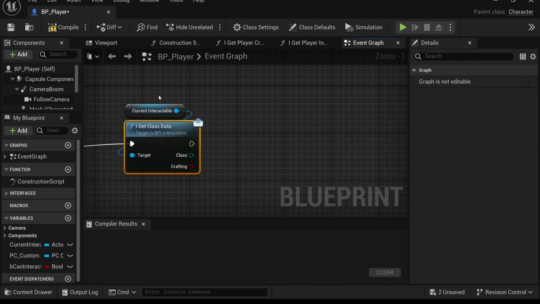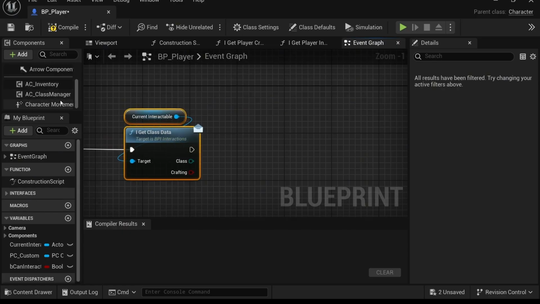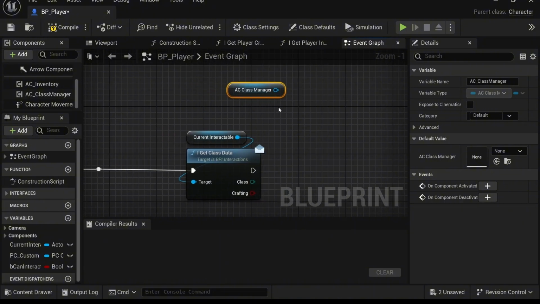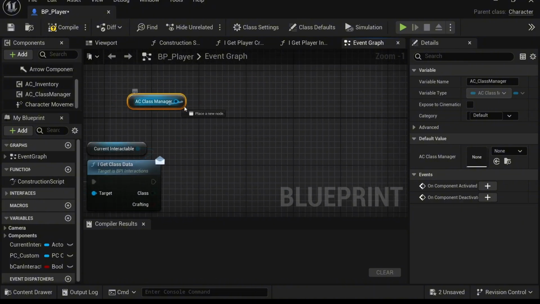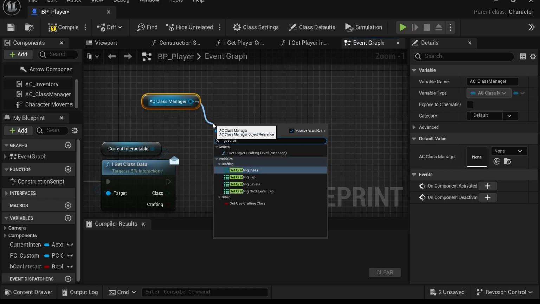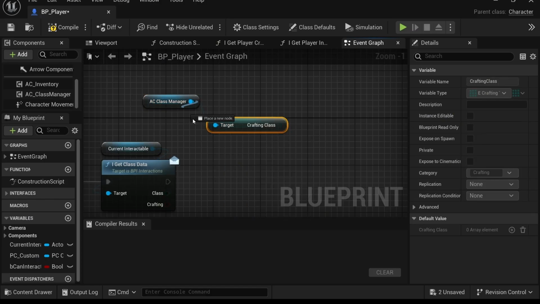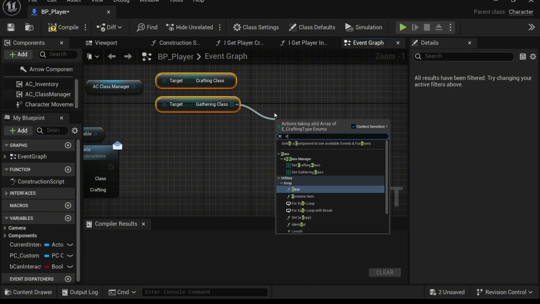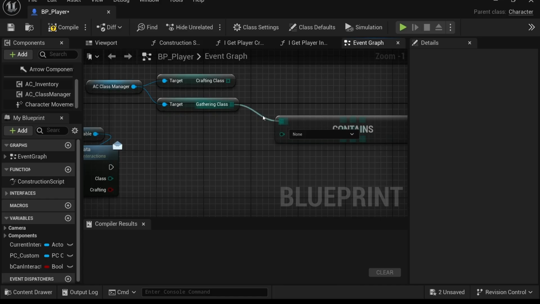Because if I already have this class obtained, even though in our class manager we actually wrote logic to make sure that we can't pick up the same class more than once, I also want to check that here just to be 100% sure that I'm not giving a bad interaction message to the player. So we're going to get crafting classes and our gathering classes, and make sure here that we do not have the one that we're trying to find. So we're going to say contains. I'm going to break that out, and I'm going to run this on a select